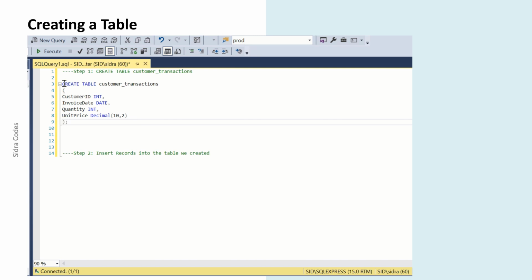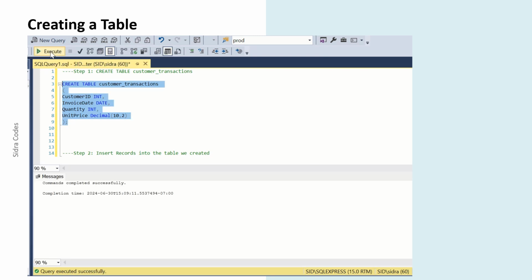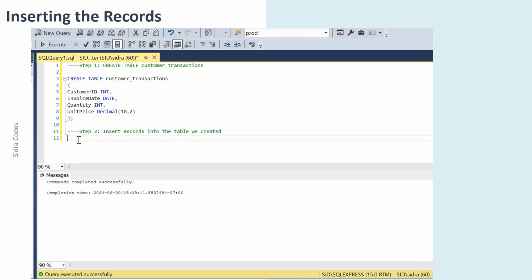So now I wrote how to create a table. I'm gonna select all, highlight all. Then you can go here, execute, and hit execute. Commands completed successfully. To insert the record, simply write insert into